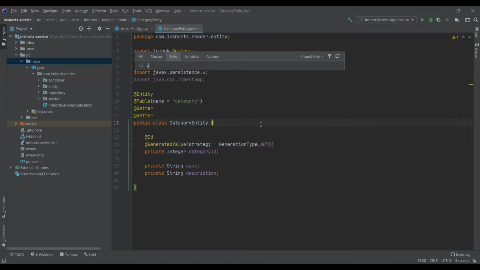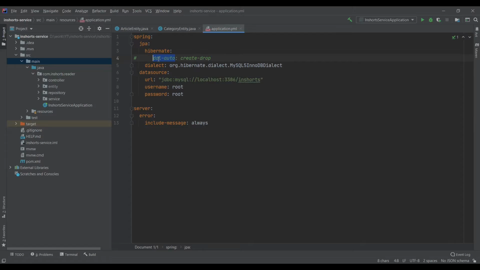So let me go to this YAML file. This key, ddl-auto, can have multiple values. One of the things that we used was create. There's another called create-drop, which drops the tables and then creates them again, so it will clear everything. There is also a value called update. I think this would work. If it doesn't work, we'll use create-drop, and if neither of them works, you just manually drop the whole database and create a new one. For now, let's try with update and see if it works or not.